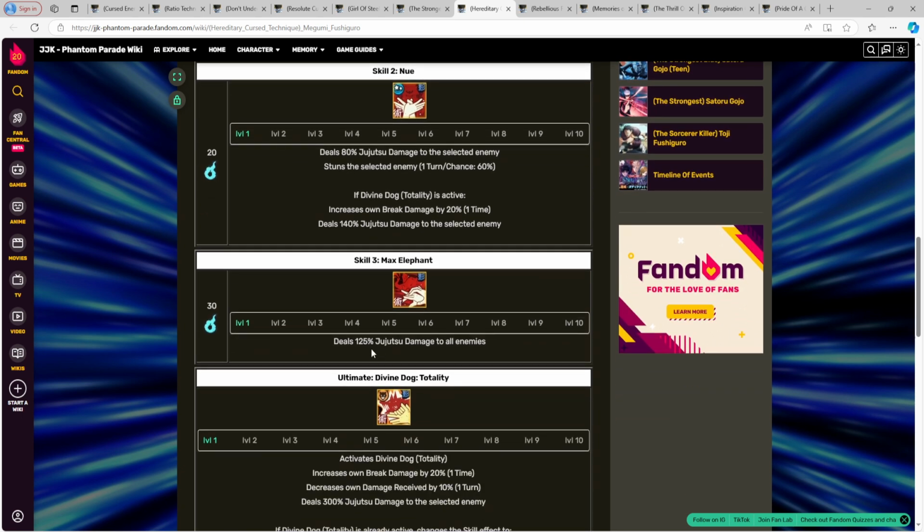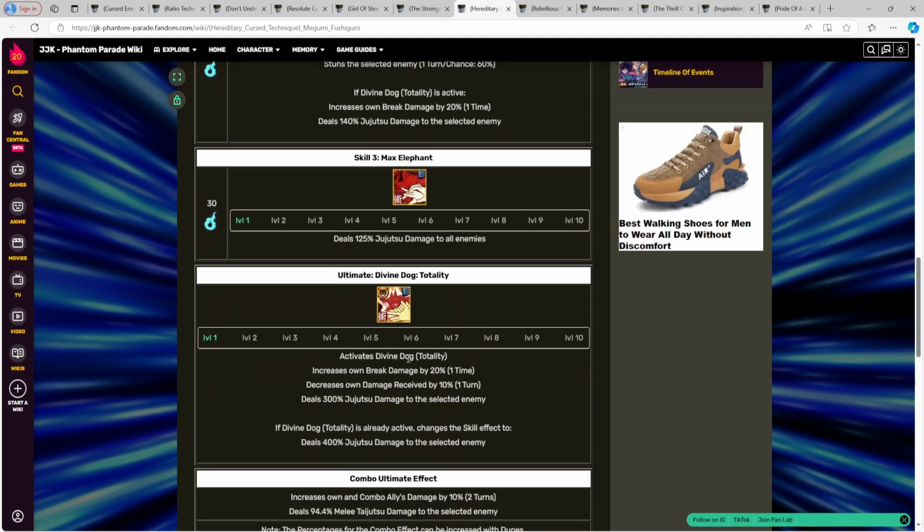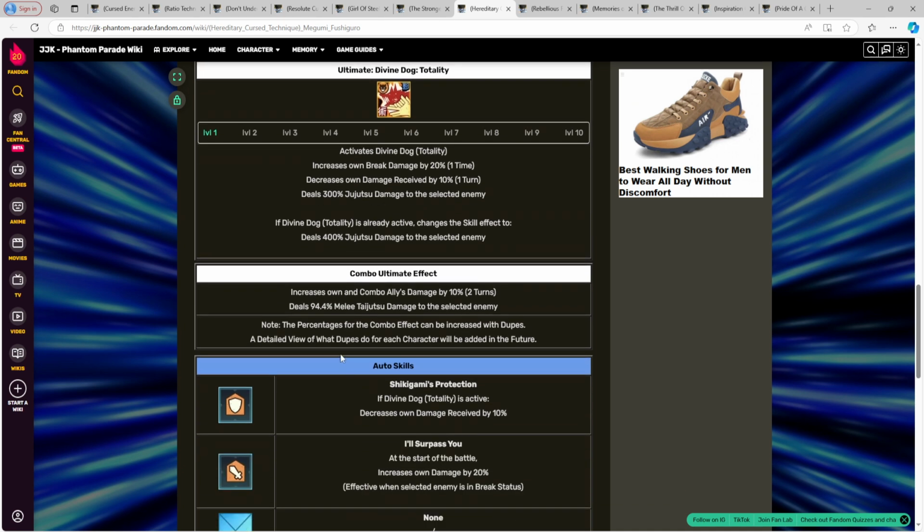Skill 3 deals 125% Jujutsu damage to all enemies, nice little AoE. And then the ultimate activates the Divine Dog, increases own break damage by 20% for 1 turn, decreases own damage received by 10% for 1 turn, deals 300% Jujutsu damage to the selected enemy. If Divine Dog is already active, changes the skill effect to deal 400% Jujutsu damage to the selected enemy, of course. Increases own and combo allies' damage by 10% for 2 turns, and then does 94.4% melee taijutsu damage to